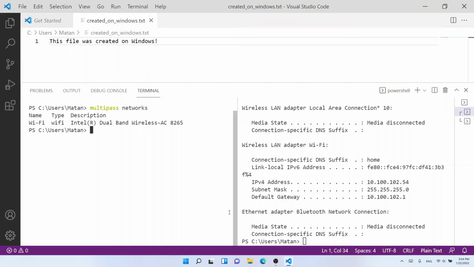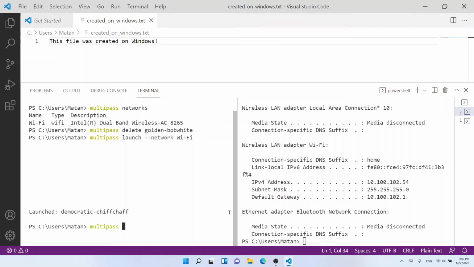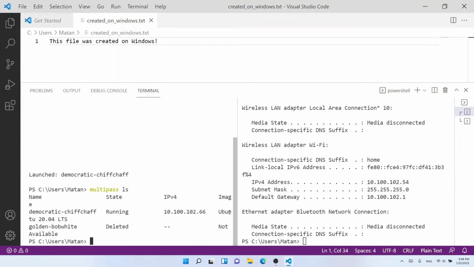So let's delete our multipass instance and create a new one that's bridged to the Wi-Fi network. And if we list our multipass instances now, we can see that the new one has an IP address that belongs to the same network the host is in. If we ask the virtual machine itself to display its networks,